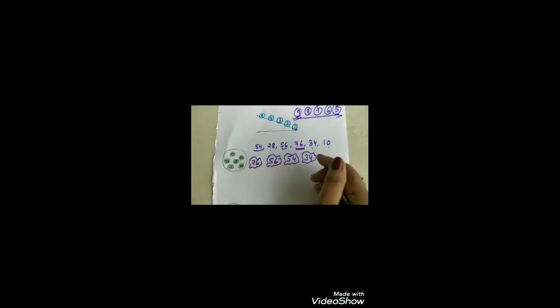Next 28, 34, 10. So it will be 34. Yes. And then 28. After that, the remaining number is 10. So here we arrange the larger number first and the smaller in the last. So this type of arrangement is known as descending order. We can understand it with one more example.